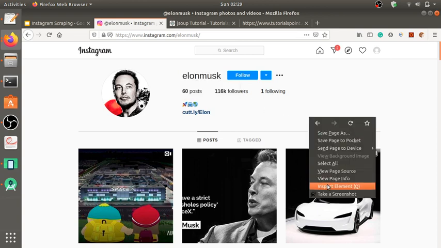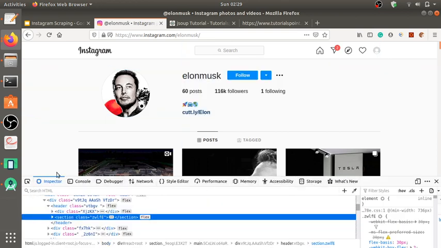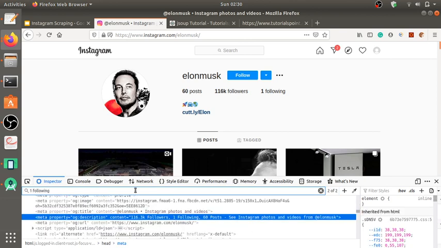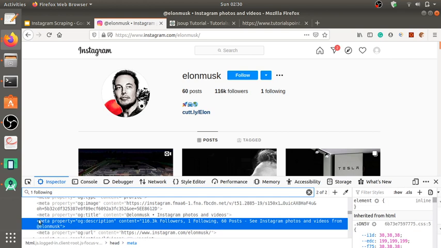Now let me first inspect the element of this website. You can use a selector and go around to select the text you want to find, or you can use a search. I'm going to use the search. Okay, the search seems easier for me, and yeah, I've located the meta HTML tag right here. I'll zoom it right now. Okay, the meta HTML tag which has the number of followers, following and the number of posts, which serves our purpose.